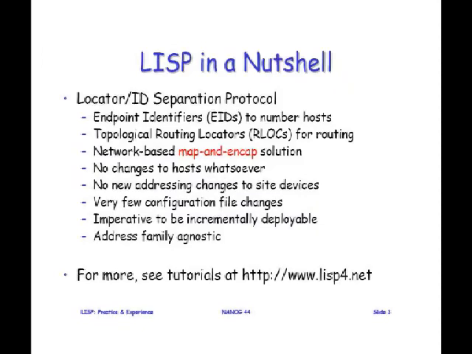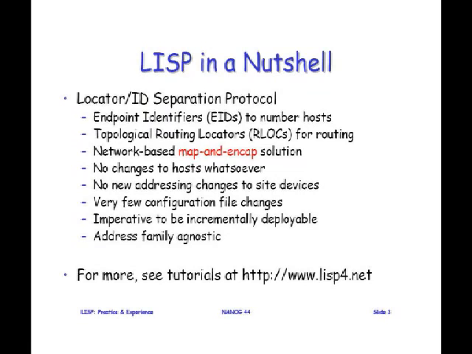So we have endpoint identifiers. We call them EIDs. This is our terminology for numbering hosts. That's what you'd look up in the DNS when you try to resolve a name. We have topological routing locators. That's what's in the core right now. Those don't change. And then LISP is a map and encap solution. How many people have heard that before? Okay, so we'll see what map and encap means, but basically if you want to have two number spaces and you only have 32 bits like you have in IPv4, you've got to put another header on to get the other bits. So that's the map and encap part, but we'll see that.